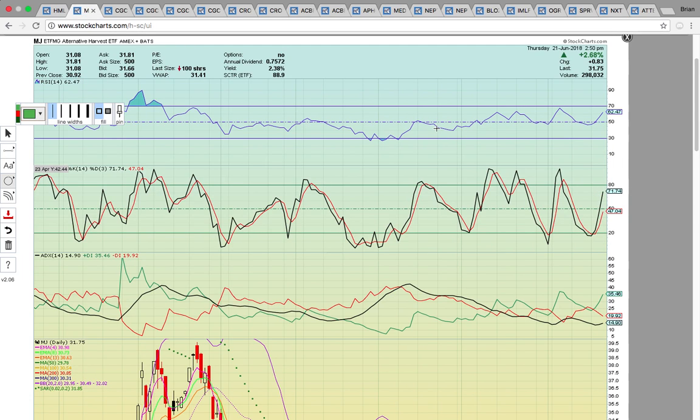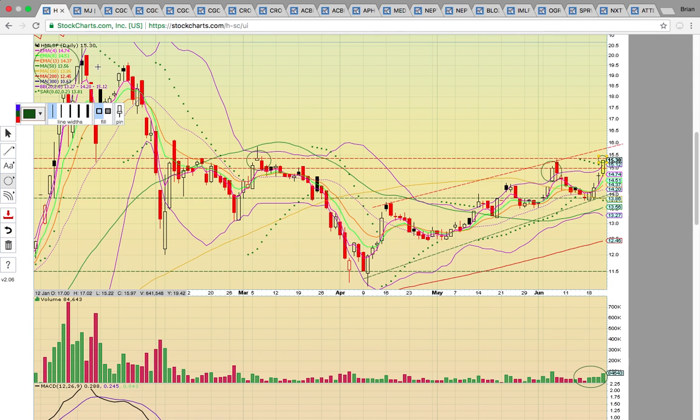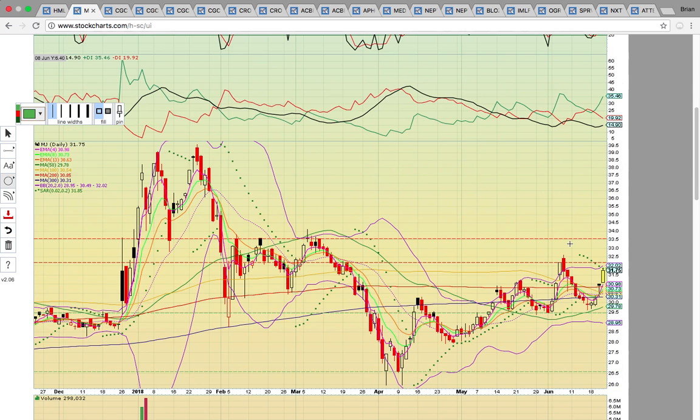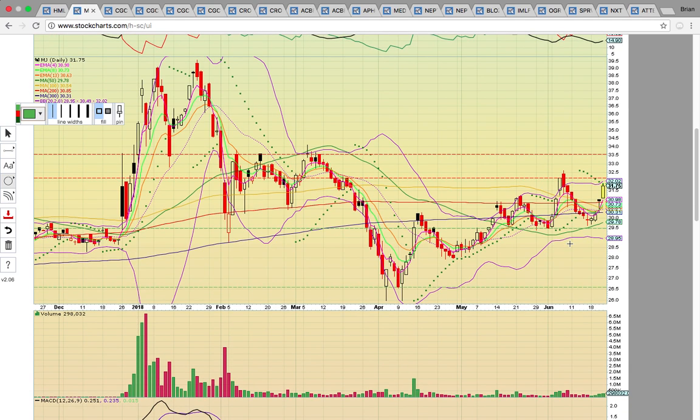So check out MJ. This is the Alternative Harvest ETF. It also has tobacco stocks, so it's not a pure marijuana play like HMLSF, but it does have lots of exposure to the marijuana sector, stuff like Scotts Miracle-Gro, on top of other publicly traded companies within the sector. What's going on here is it's got a nice uptrend. It's been turning all the moving averages into support. It's above the 50, 100, 200, and 300-day simple moving averages. And if it can stay above all those levels down here,